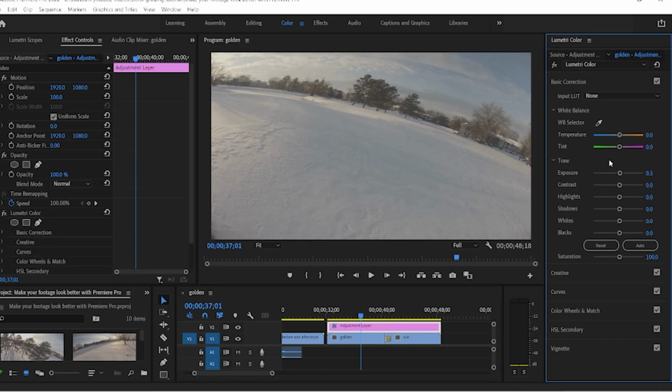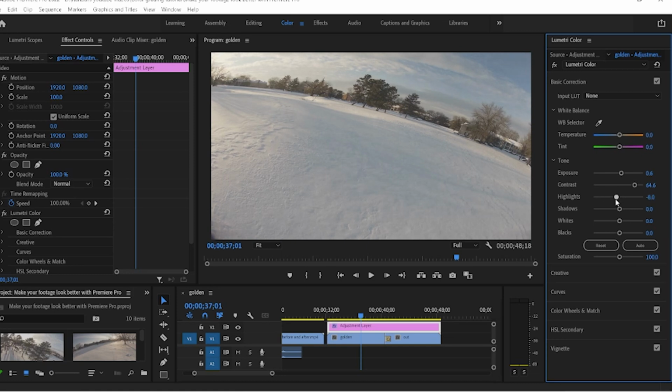I go from top to bottom, and I'm going to bring this up to about there. I'm going to move to the contrast, and you can see how it's affecting everything when you drag and raise that up. I am happy with the contrast about right there. I usually like more of a contrasty video.